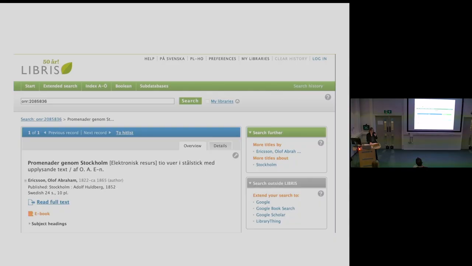It could be one page, like in this book, for example. It's a one-page introduction by the author Olof Abraham Eriksson, which is listed here. So this is what you see in the library database. You can see that it has 10 plates. That means 10 PL. It means that it has 10 pictures. But it is basically a collection of